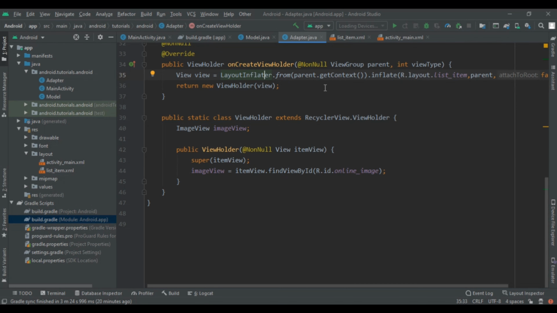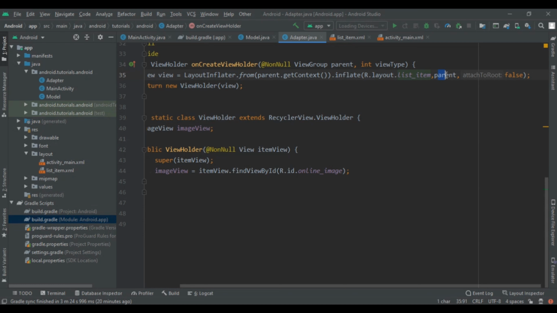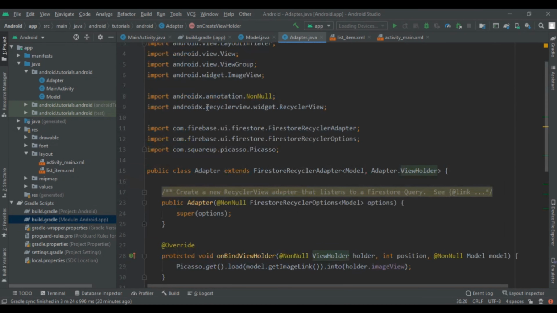So here we are going to get that context, and then inflate R.layout.list_item, and then parent and false. This is the default adapter setting that we are going to use, and then return new view holder which is view.